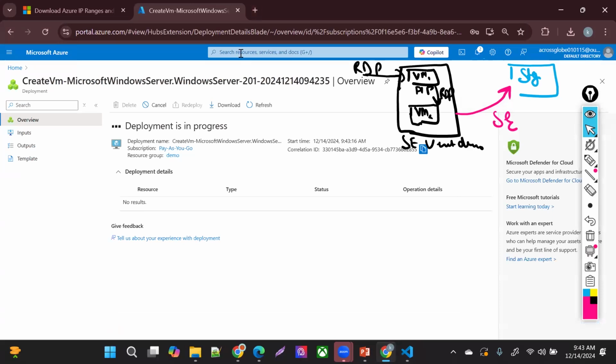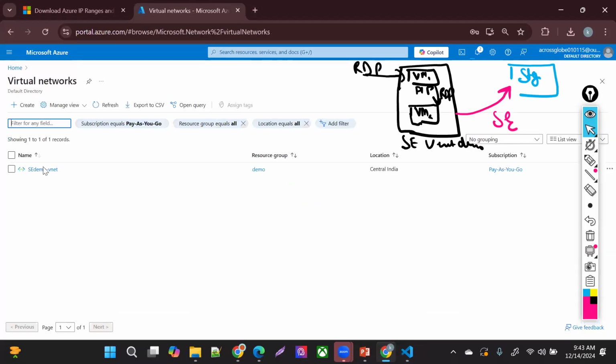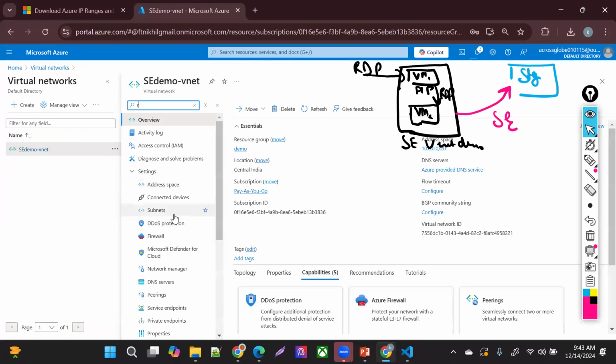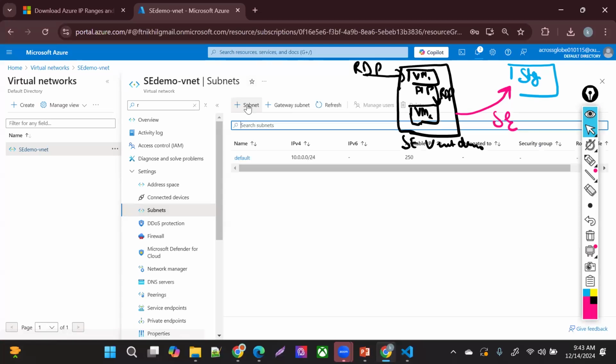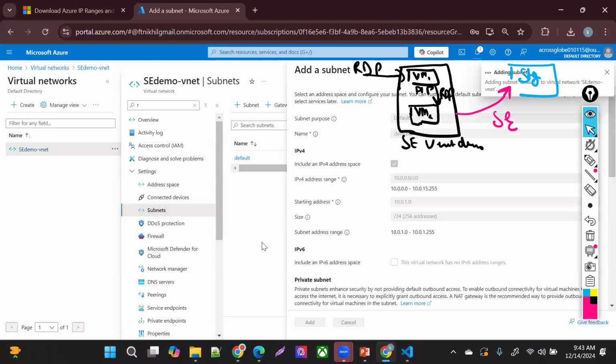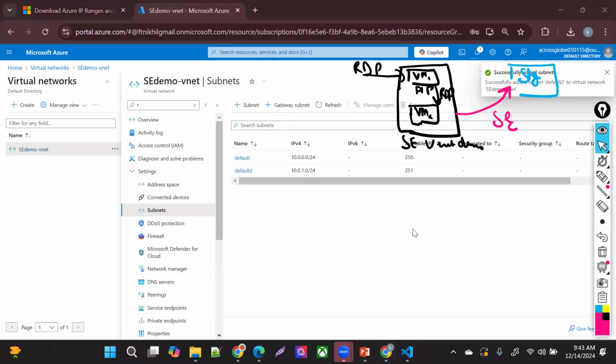In the meantime, while this is creating, I'm going to create another subnet for my VM which does not have a public IP address. So let me create another subnet here, keeping everything as it is. Default2 subnet, I'm creating it, 10.0.1.1.